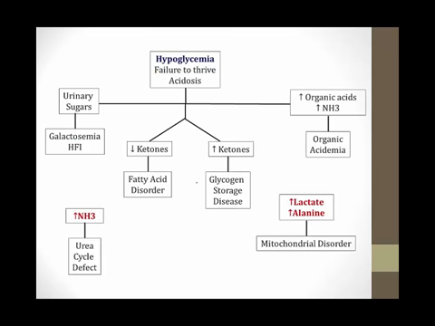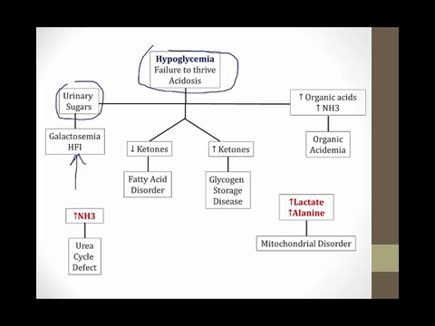I'll finish with this summary slide, and if you understand everything on this slide, it is very easy to recognize these inborn errors of metabolism in board questions. So if you're faced with a baby that has hypoglycemia, failure to thrive, and acidosis, that can be a number of different things. If there are urinary sugars in the urine, this suggests galactosemia or fructose intolerance. And remember that these two disorders usually have an onset of symptoms right after the baby feeds if the baby